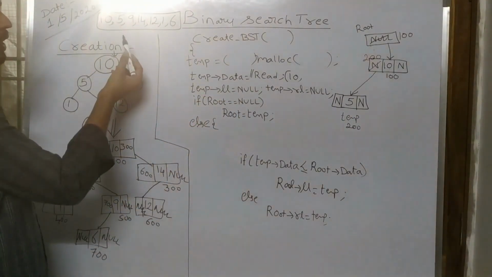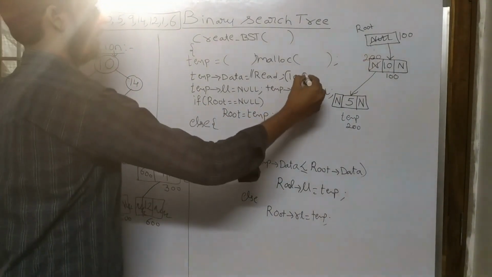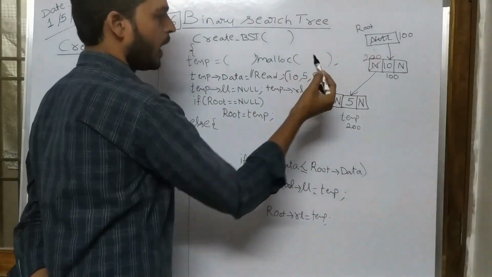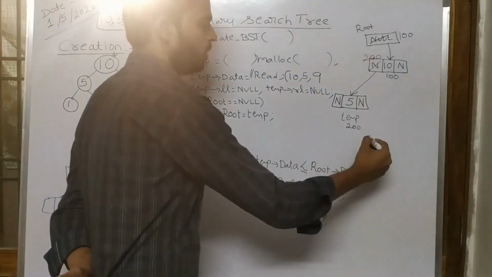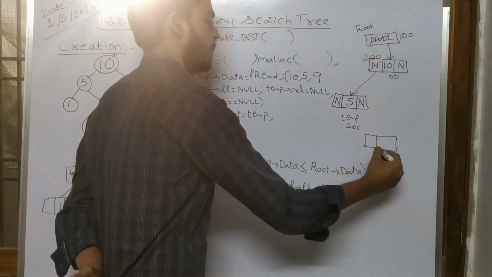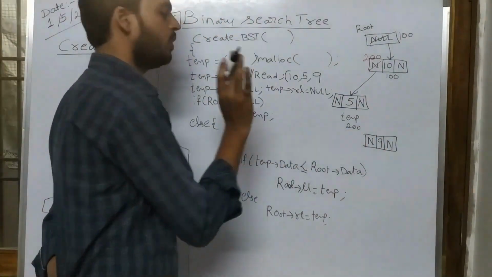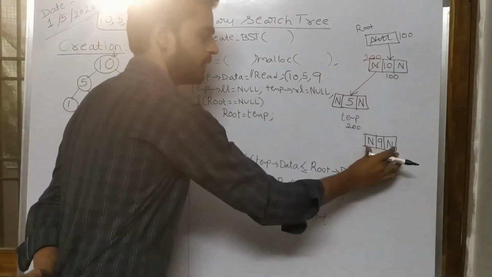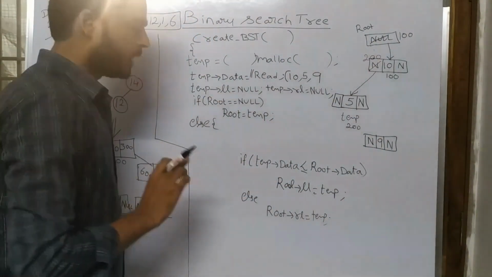For example, now the user is once again asking to create a binary search tree. Now, 5 is completed, right? Now the user is asking to create the node 9. Then what are we going to do? We are going to create a node with a value 9, left side null, right side null. Up to here, okay, no problem. Now root is not null, meaning that this is not the first node. Then it is going to execute the else condition.